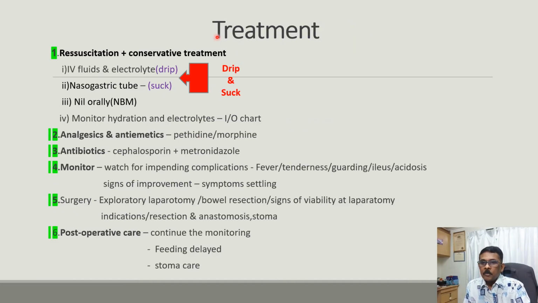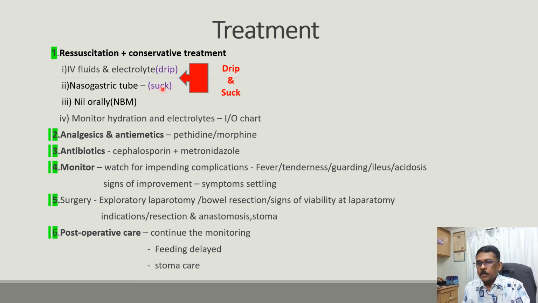We now come to the treatment of intestinal obstruction. The initial treatment is resuscitation and conservative treatment. It consists of IV fluids and electrolyte replacement. As I said, there's a lot of loss into the third space. This must be replaced, and that is the drip. Then to suck out whatever fluid is retained in the gastrointestinal tract, this is done by the use of a nasogastric tube,